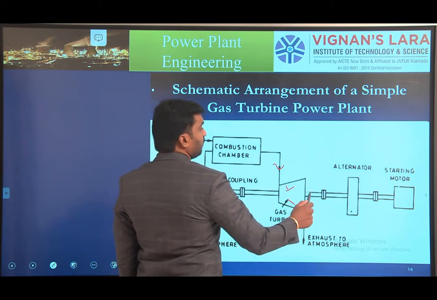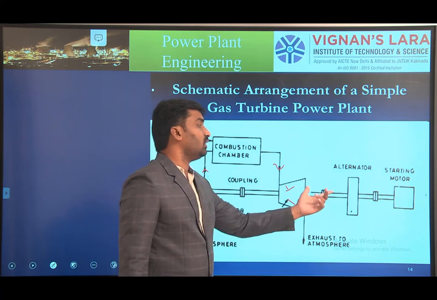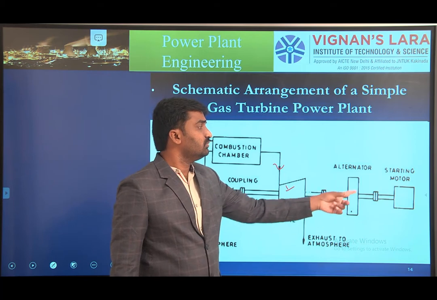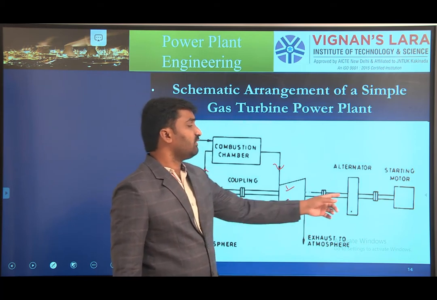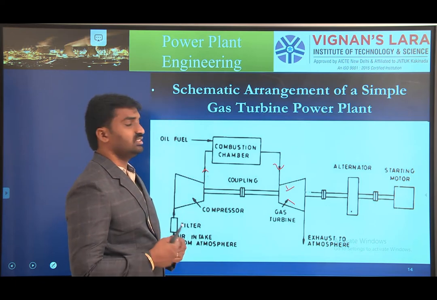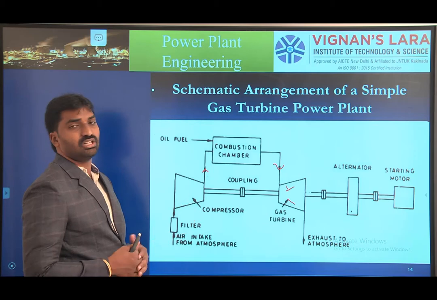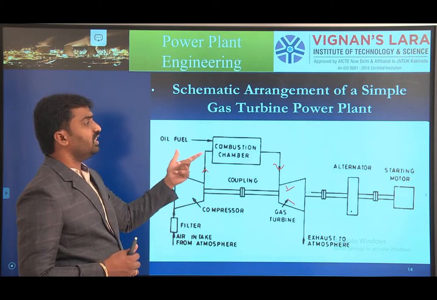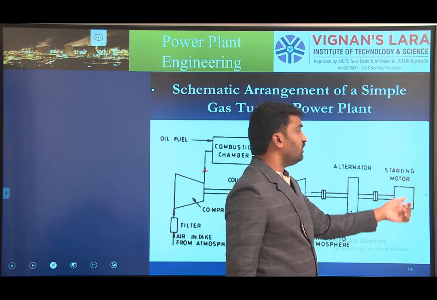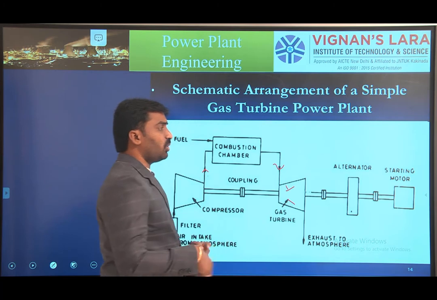So that is coupled with a generator. Okay. So entirely it is connected through a shaft to the alternator here. After that we need to start the starting motor. If you want to start this process, you need the motor for the entire combustion process. Okay. So, from the limitation point of view, as you know, it is not self-starting, so that's why we are using the starting motor also. So initially we need to start that process.